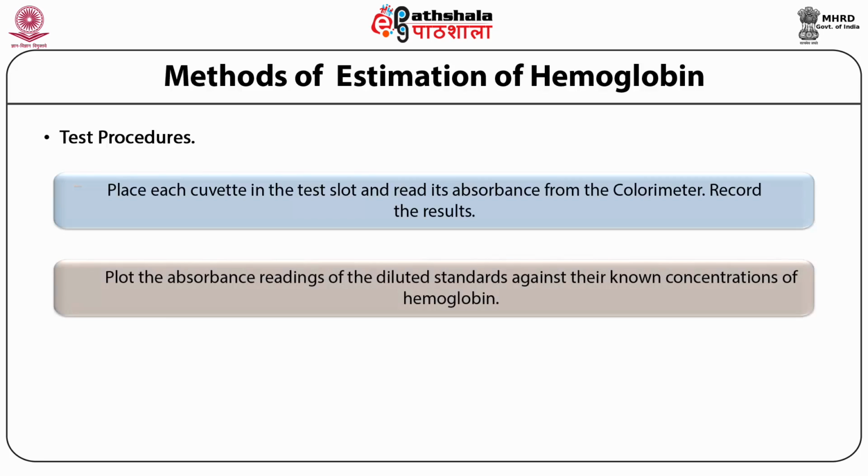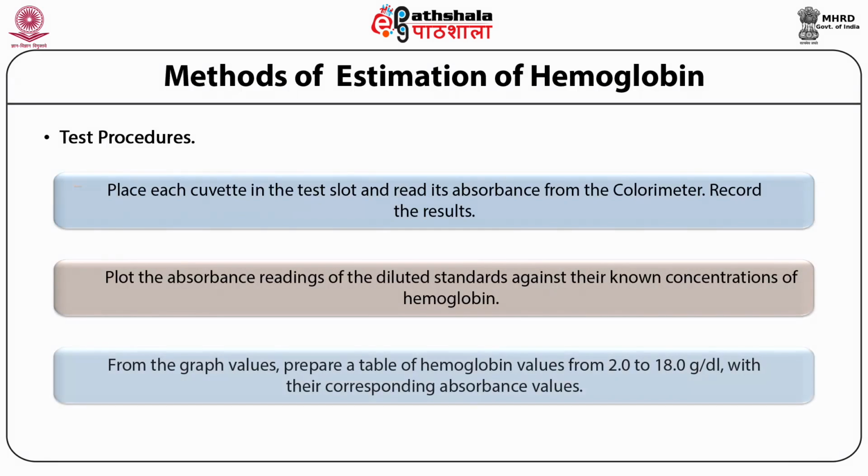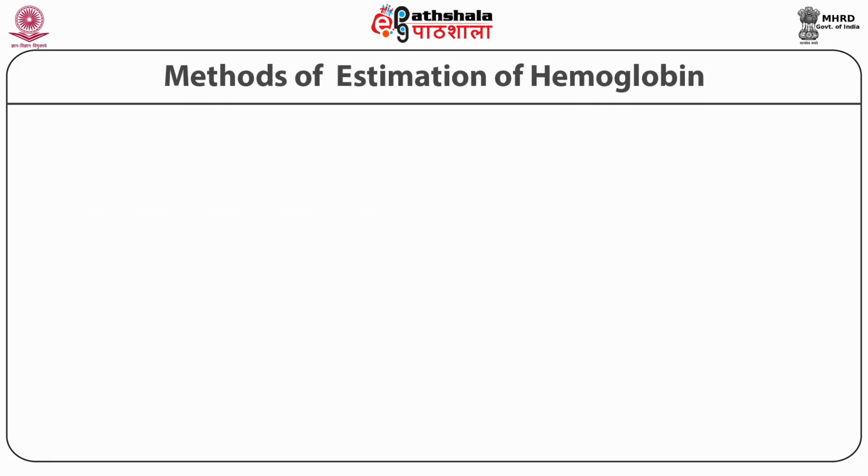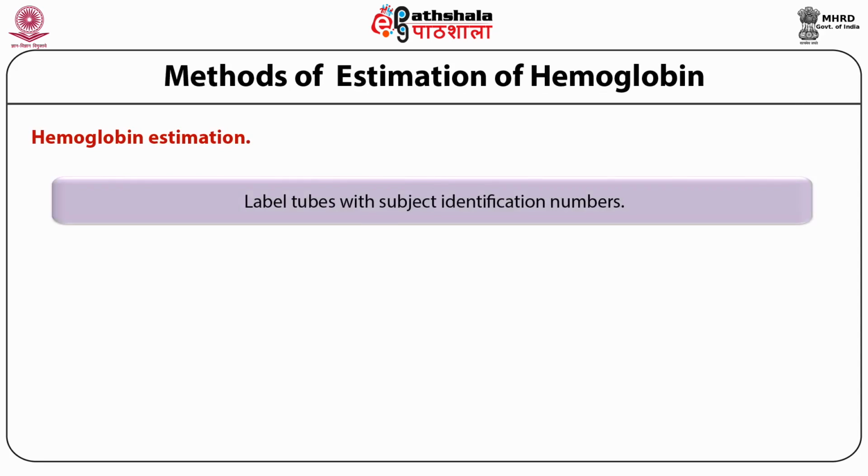Plot the absorbance reading of the diluted standard against their known concentration of hemoglobin. From the graph values, prepare a table of hemoglobin values from 2.0 to 18.0 gram per deciliter with their corresponding absorbance values. The hemoglobin estimation can be done by the following steps: label the tubes with subject identification numbers, use